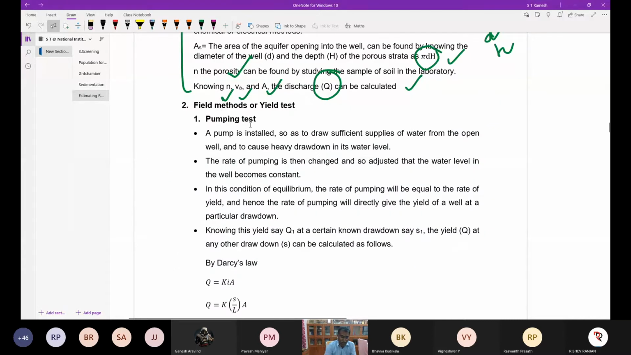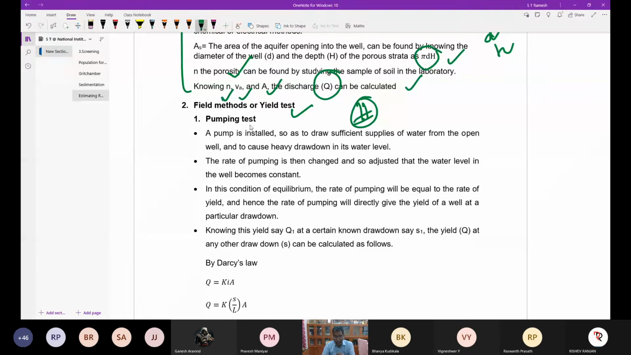The second one is field measurements, or you would have seen the yield test. Once you go for a bore or tube well in house construction or, for example, industrial operations, people may ask what is the yield of your well, and based on the yield only you can fix the